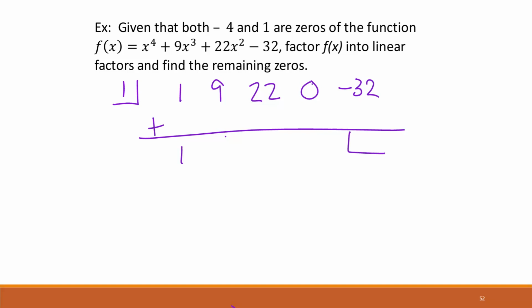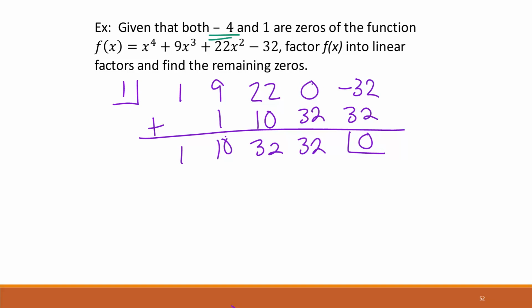So then bring down my 1. 1 times 1 is 1. So 10. 10 times 1 is 10. So 32. 32 times 1 is 32. 0 plus 32 is 32. 32 times 1 is 32. So 0 here. So then we can do this again because we have this remainder and we've been told that